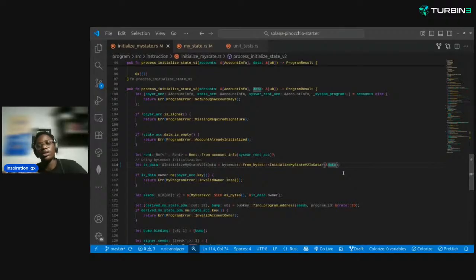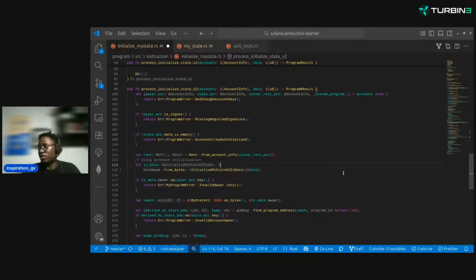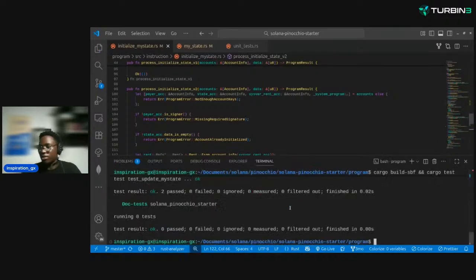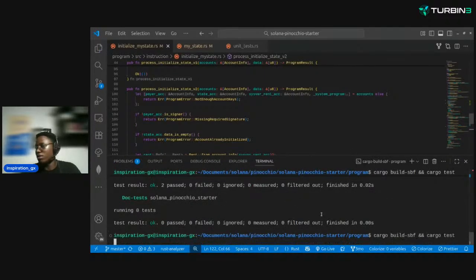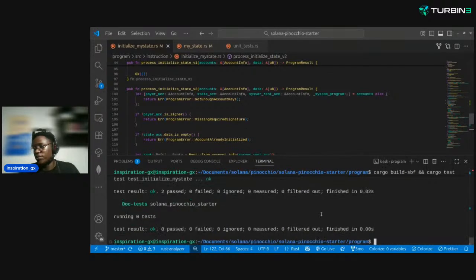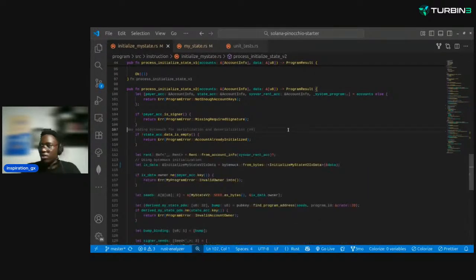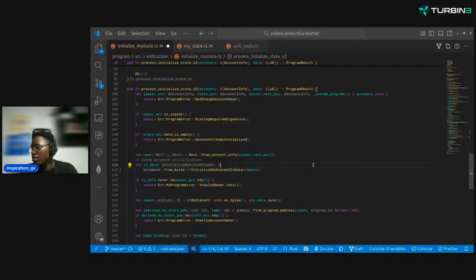We're expecting only the state account, right? So we can do this. If we test it, let me see, if I test with this, will it still work? It should still work. Hopefully, yes, it worked. So it should still work, but we want to be explicit and avoid malicious